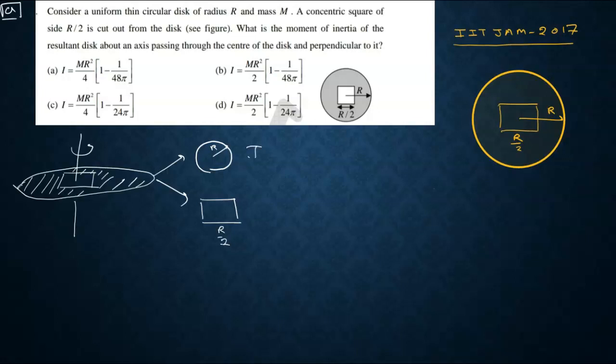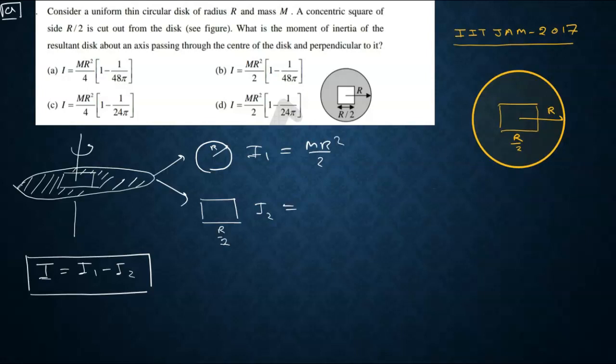Let's say moment of inertia of this part is I1 and this part is I2. So basically the resultant moment of inertia is nothing but I1 minus I2, because we have cut out the square lamina from the disk. So we have to subtract this term from the initial part, right? So the initial moment of inertia, that is I1 equals to, in case of disk, m r square by 2,